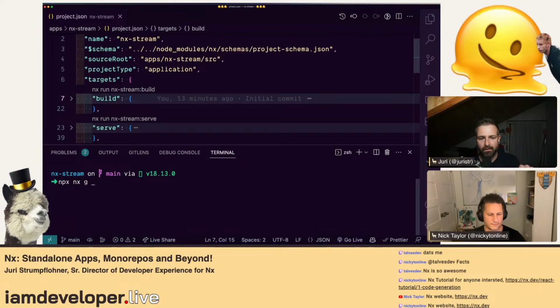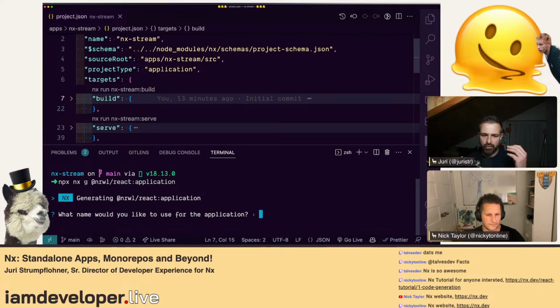And then, like you usually give it the plugin name, which contains the generator. In this case, it would be @nx/react, because I assume we want to create another React app, and then the generator, which in this case is application, because we want to generate a new application. Then you give it a name, or just run it, and it would ask you, hey, what's the name you would like to give that app? And so we just give it some other name.